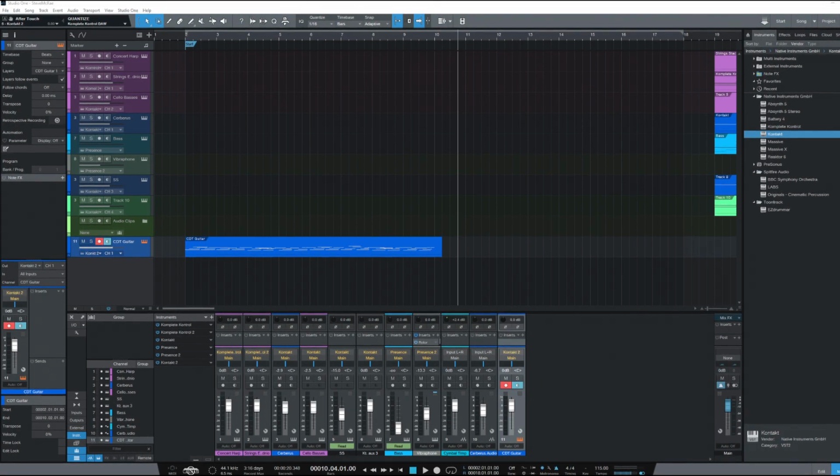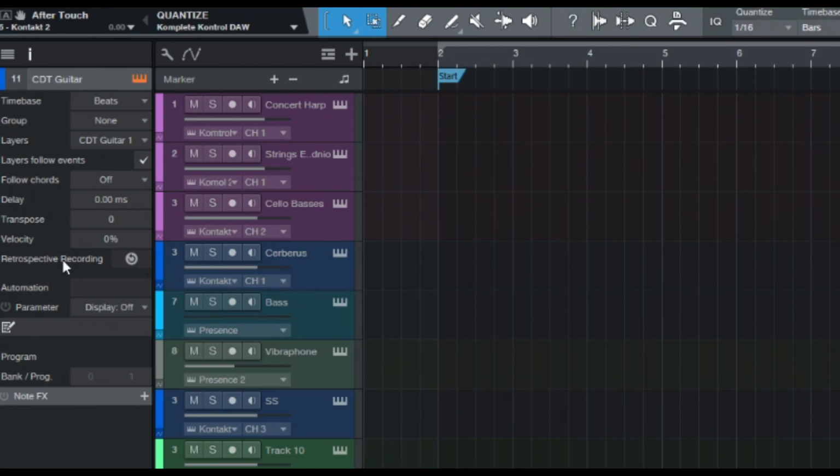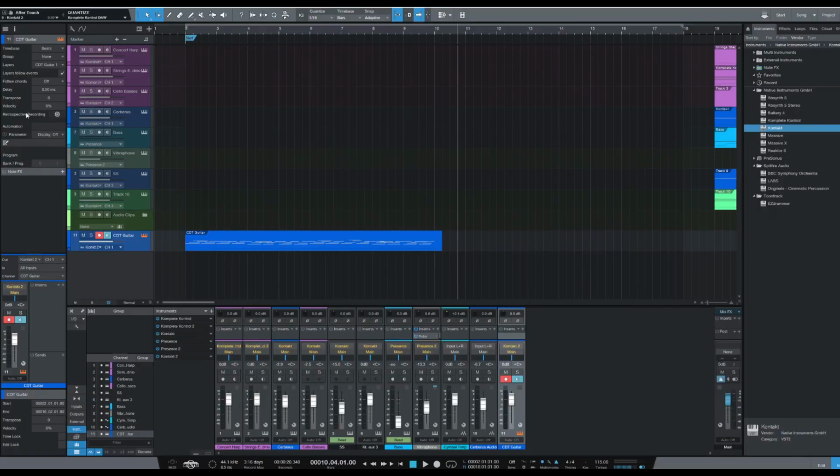Right, how does this work? Well, it's incredibly simple. On the track inspector, you can see a new line that says Retrospective Recording. If you don't see this, you can get to it by hitting the inspector button up there. Currently it's greyed out, which means it hasn't stored anything at the moment, but when I start playing something it